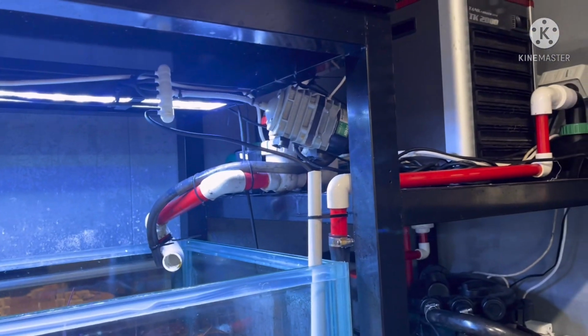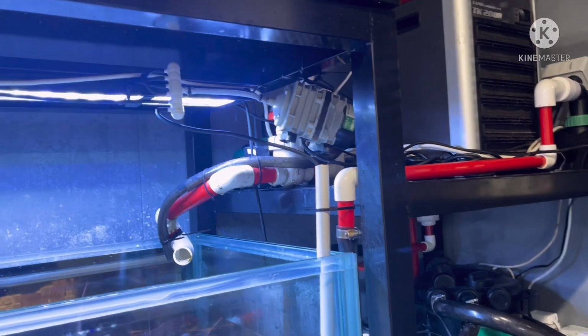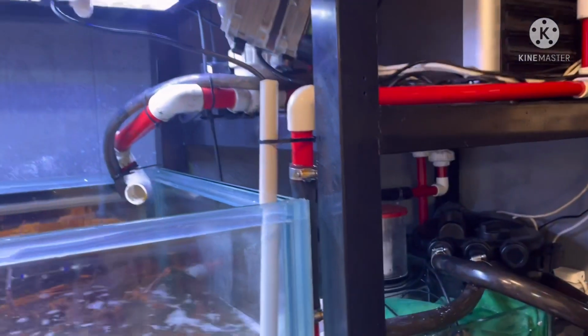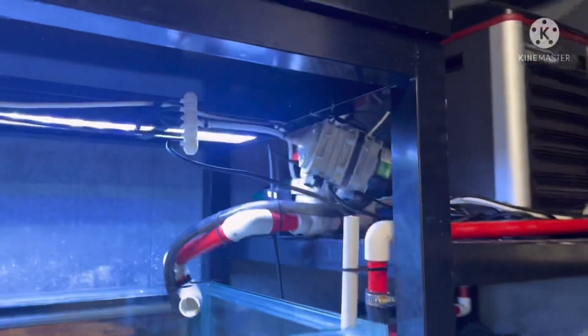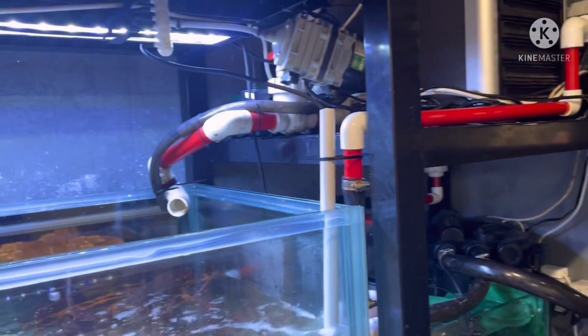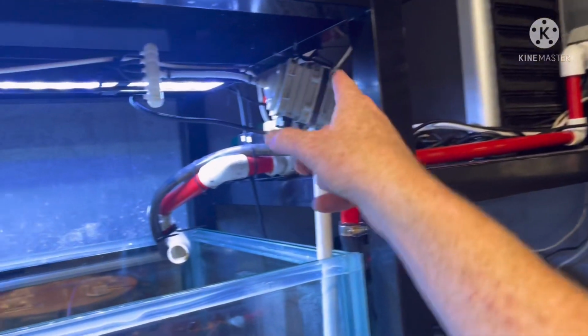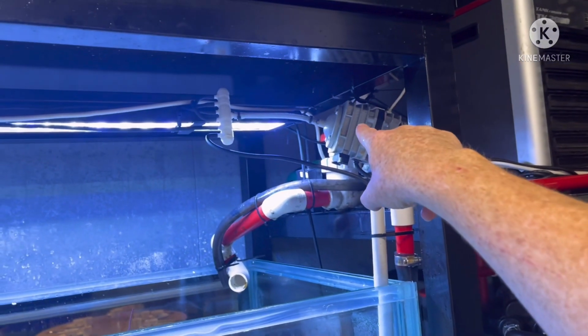Now safety, Sam. It's really important that all electrical items are secured so they can't fall in the fish tank. So we've double cable tied this air pump here, and that's going to do two good things. One, it's going to make sure it can't fall in the fish tank, and second, it's going to make sure it's not touching anything so it doesn't vibrate too much,